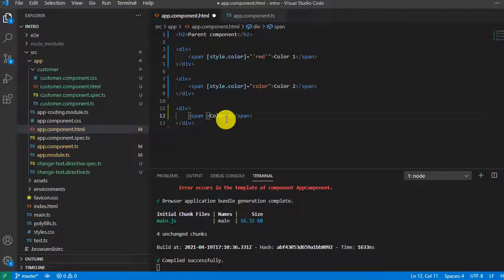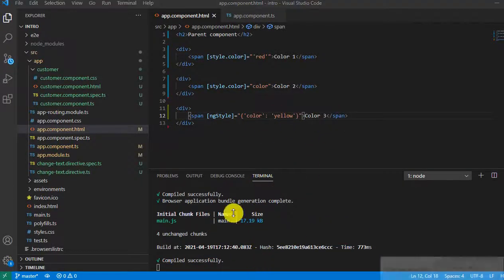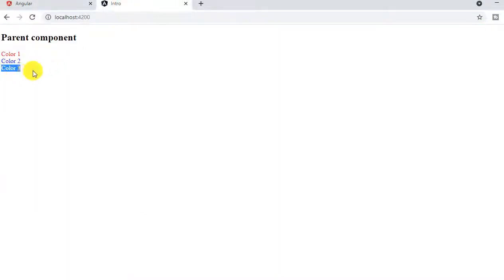I'll say ngStyle, with the S capital, and we'll open curly braces and say color, and that color will be yellow. Here we are assigning the value as key-value pairs, like we define in JSON. This is the key color and the value will be yellow, right? So let's save and we'll see. Yeah, color 3, which is in yellow color.